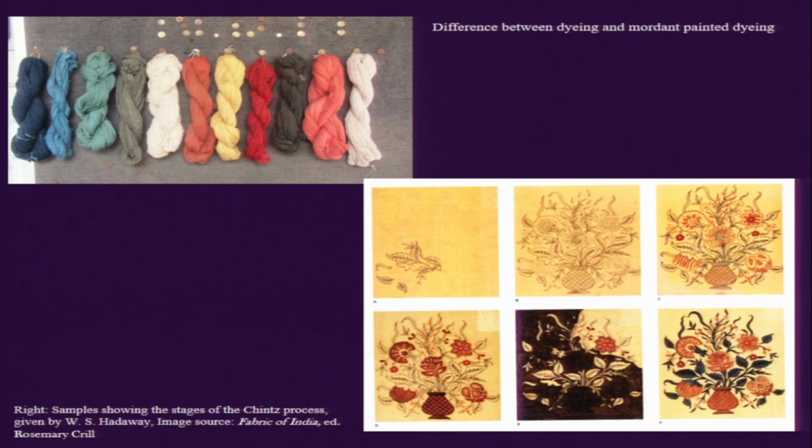But for this particular kind of kalamkari making, since the mordant is already painted or printed on top of the fabric, it is washed thoroughly, and then it is boiled in the dye solution. And that is the reason the areas which are marked with mordant will only get the color. So one needs to be very careful that one cannot boil this fabric too much in a dye solution. Then the mordant in particular areas starts spreading, and it might also spread to other areas which are not really wanted in a fabric for whatever compositional balance it requires.